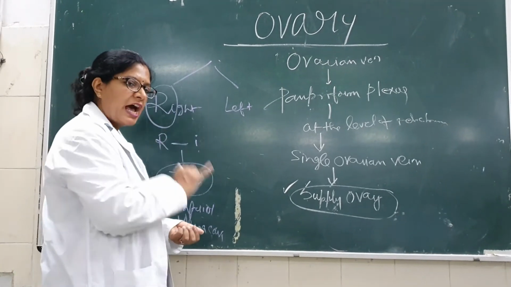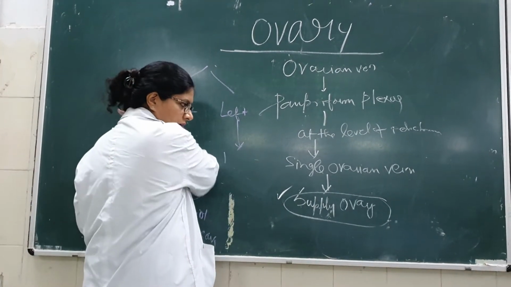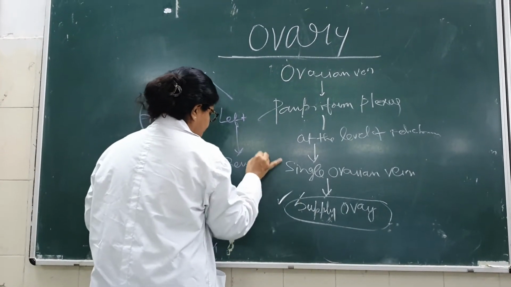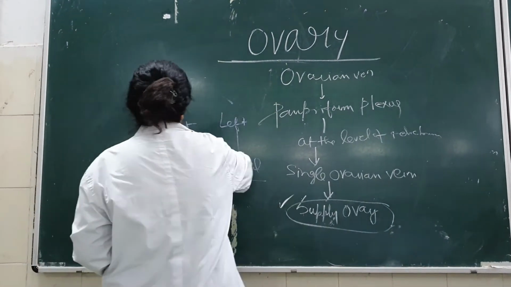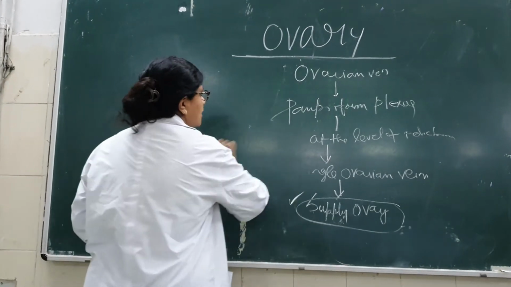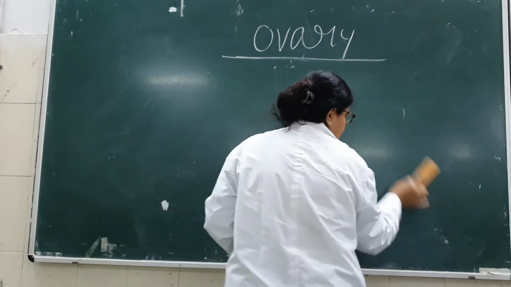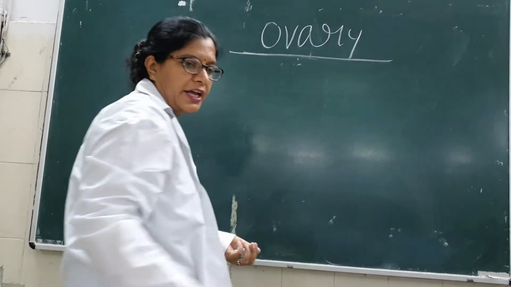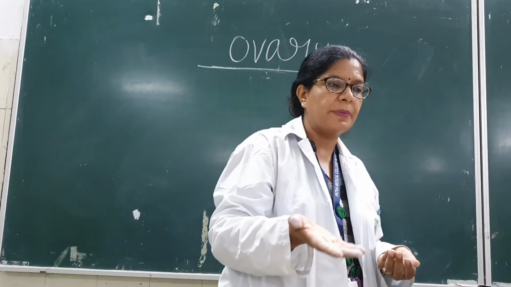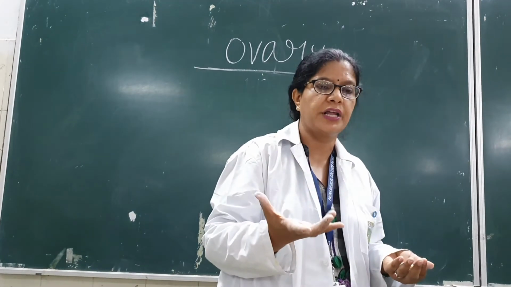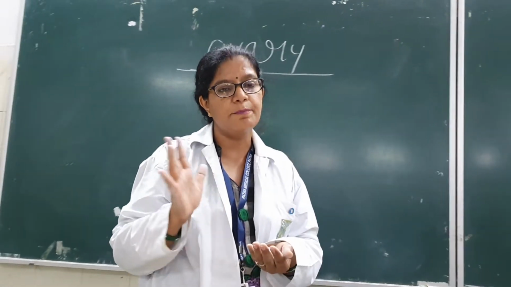ठीक है, right खुद आपको बोल रहा है कि मैं inferior vena cava में जाऊंगा और left side will be going to the rear. So this is the difference, right and left side will be different. So what will be your lymphatic drainage? Lymphatic drainage will be pre-aortic and para-aortic. Aorta है, abdominal aorta है, उसके around, जो उसके सामने होगा pre-aortic and around it is para-aortic. So that will be your lymphatic drainage.